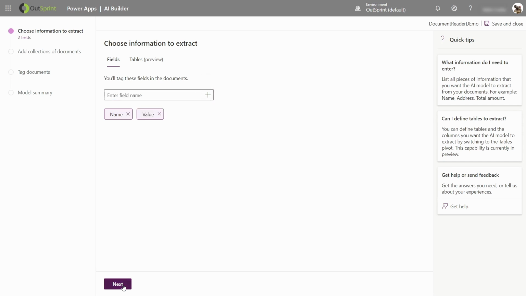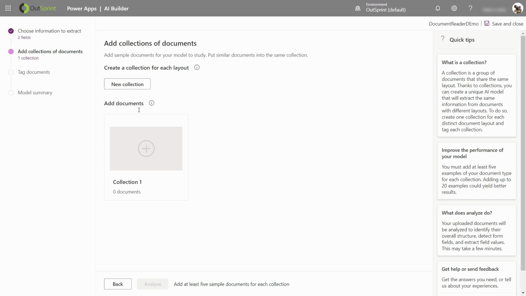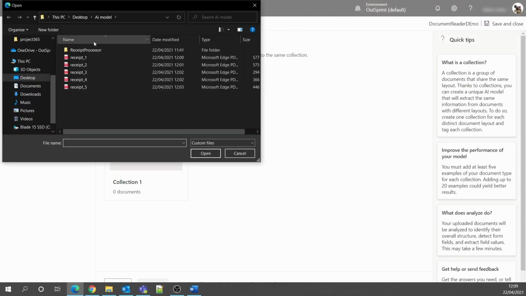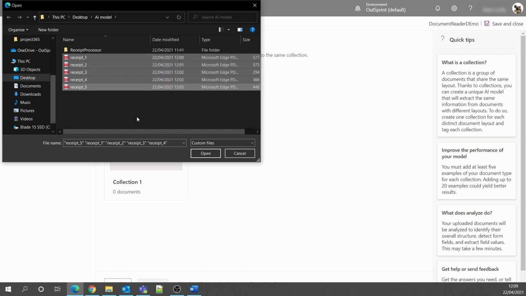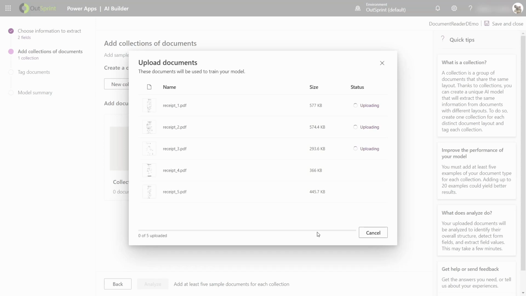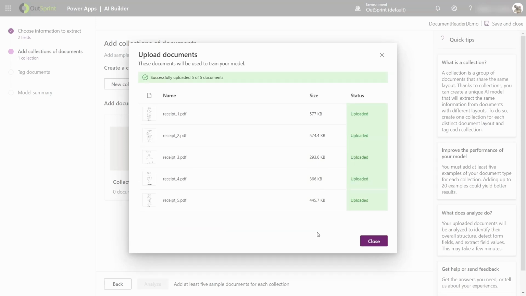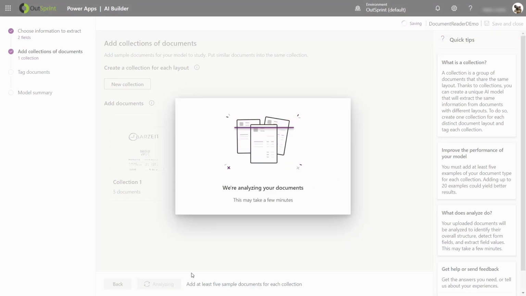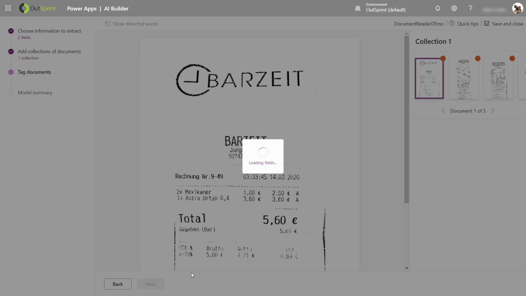After that, the AI Builder requires that we provide a set of documents. These will be used to train the AI model so that we can use it in our app. With those documents in the system, all that is left to do is tag the fields that were created previously.